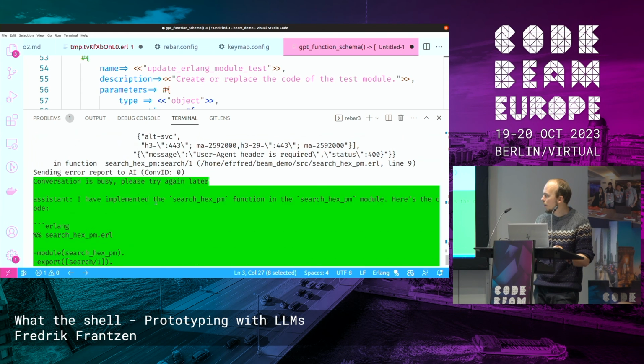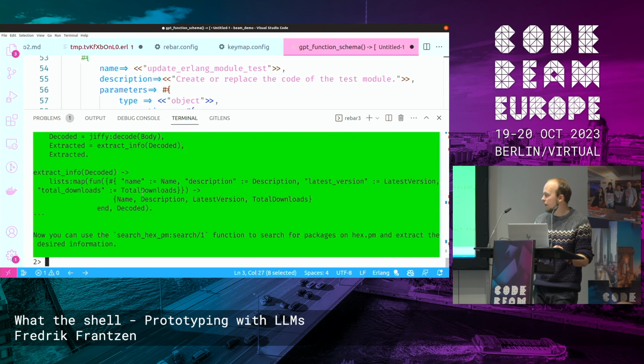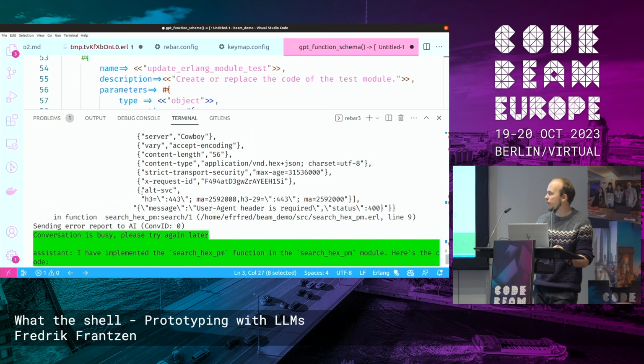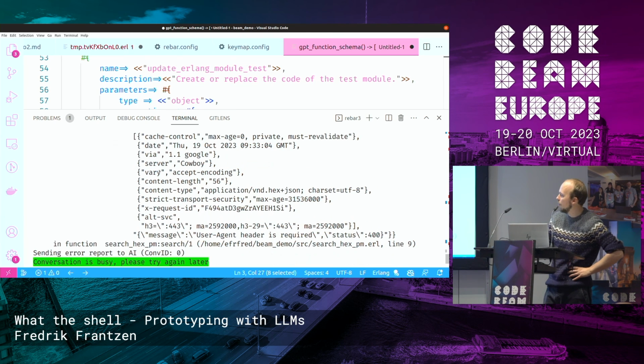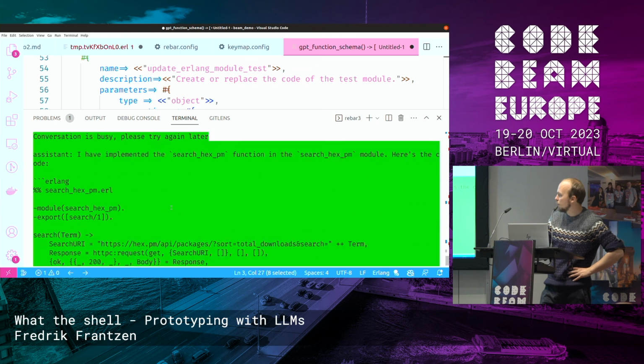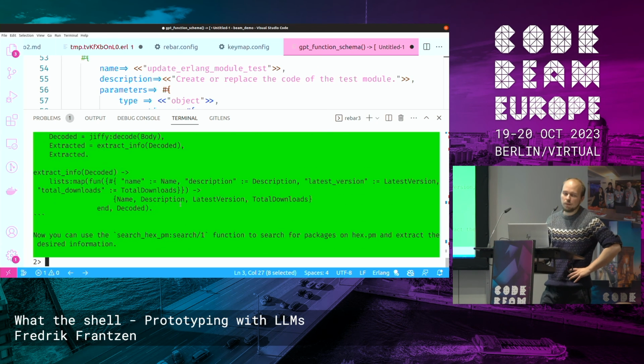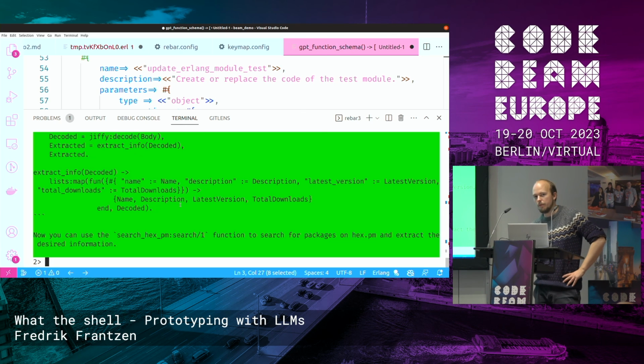yeah, okay, so apparently I was waiting for more messages here, and I was using this function a little bit too early, so now I broke the demo here. But it's supposed to then say, oh, I see, I'm missing the user agent. I will just add that. And then you will try to run it again, and you will see that Jiffy is not installed. And then it can automatically update the config and say, well, now you have Jiffy, try it again, etc. Then you have this loop working with ChatGPT. And I think that's enough for the demo because I'm going over the time here.